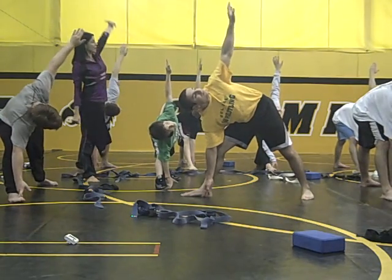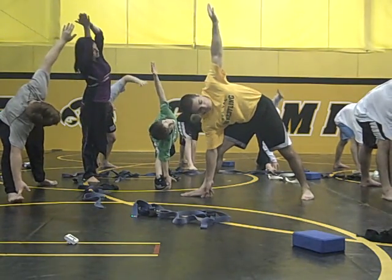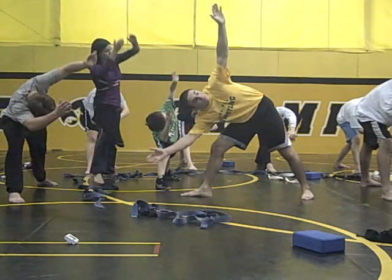Left arm up over your head. Now bring your right hand up to meet it. Both hands are straight. Both legs